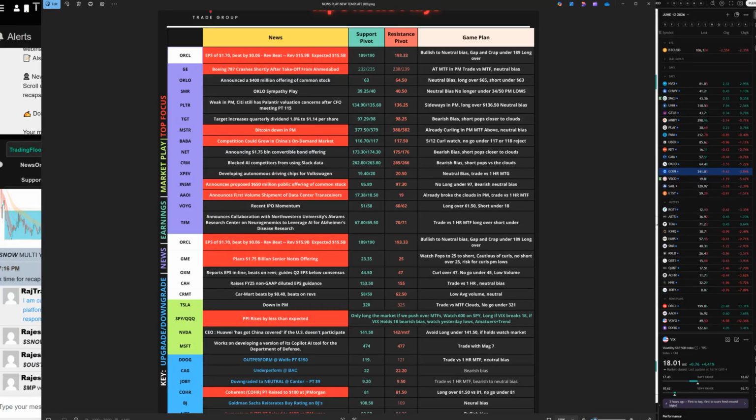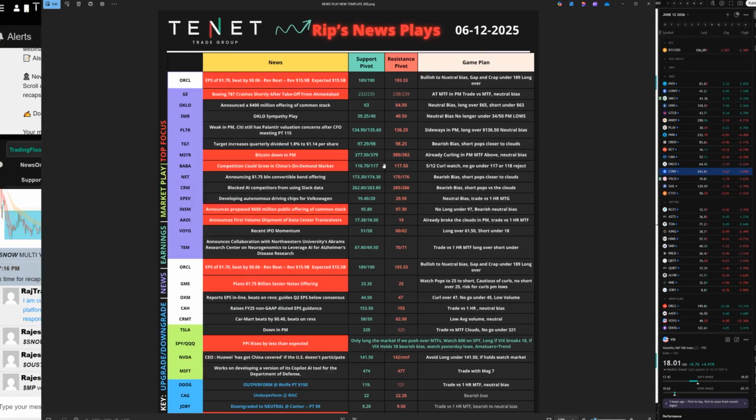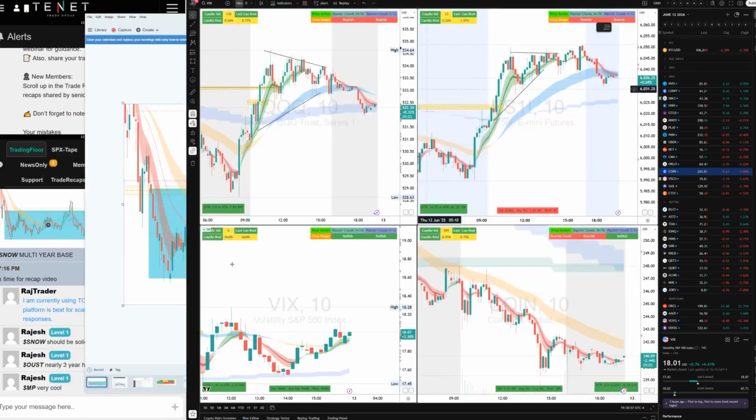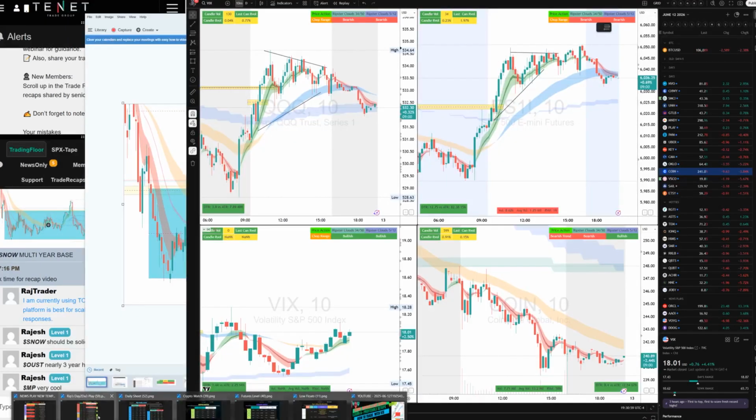We use a lot of tools in our community to make sure we have a good day. We have 3-4 option scanners, option flow scanners, stock scanners, news alerts, breaking news alerts, holds, unholds, a bunch of tools that we provide in the community, which are like $400-500 a month, but it's free in our community. So we use all these tools to trade. Most of our trades are early in the morning, and something like Oracle, which is an all-day runner. So this is what we provide to the community members in the morning for the game plan, and most of the traders use this game plan and our repeatable concepts that I teach you guys on X day in, day out. We use those concepts to trade as well.